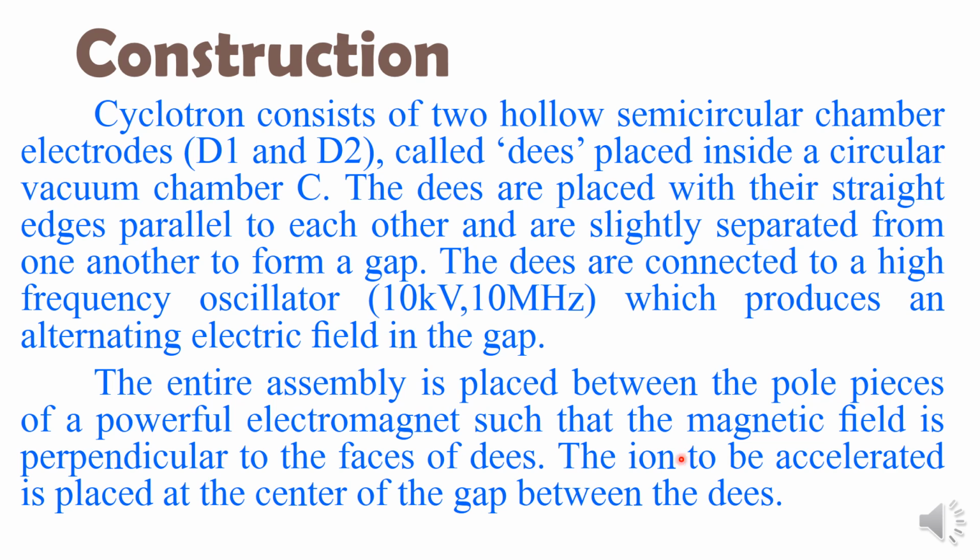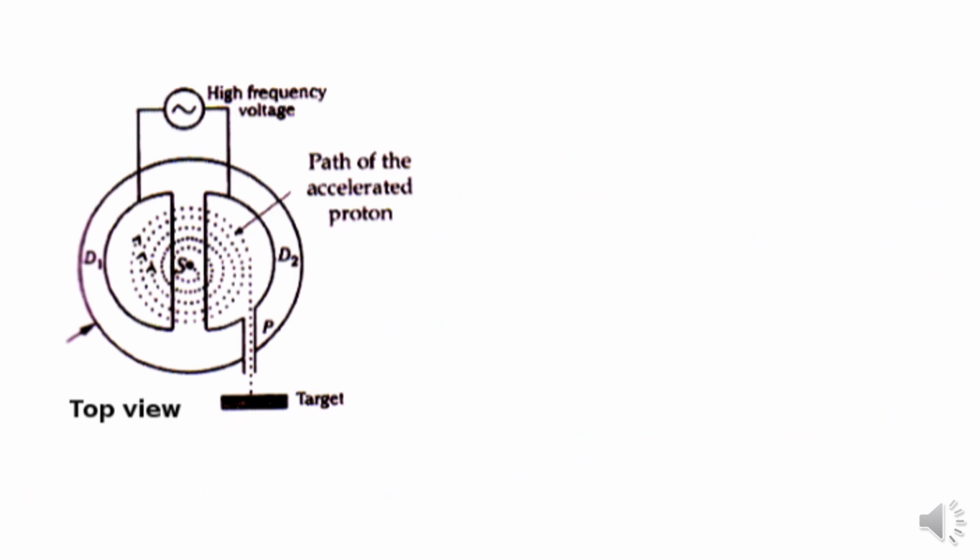And the ion to be accelerated is placed at the center of the gap between the Ds. Now this is the construction of a cyclotron. Now this is the top view of a cyclotron. Here, this complete circle is nothing but the circular vacuum chamber, and here it